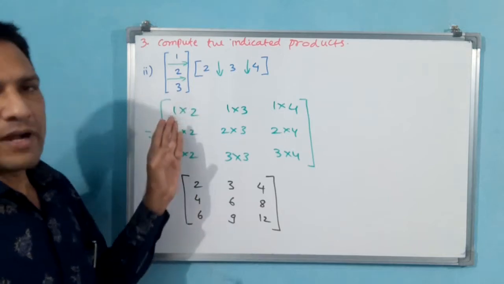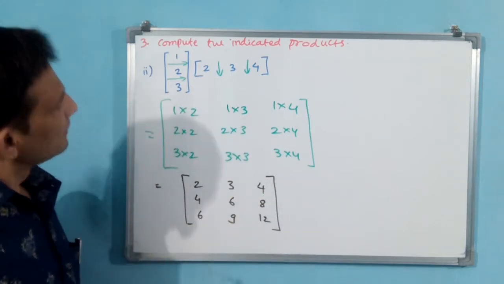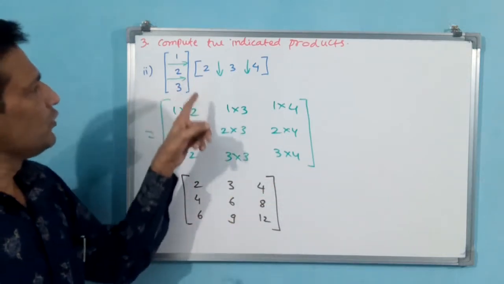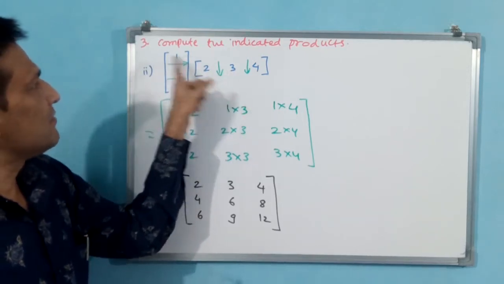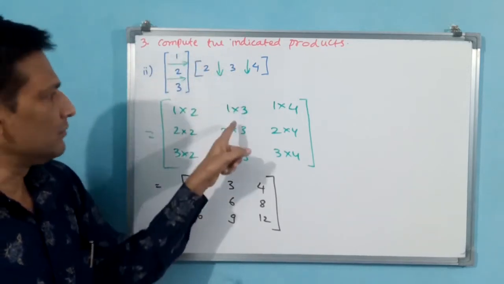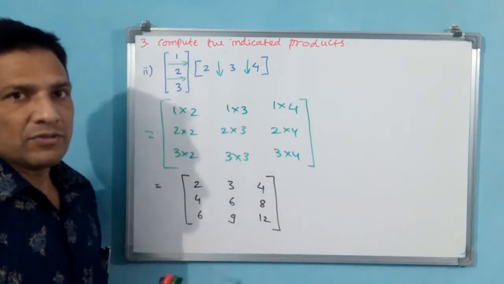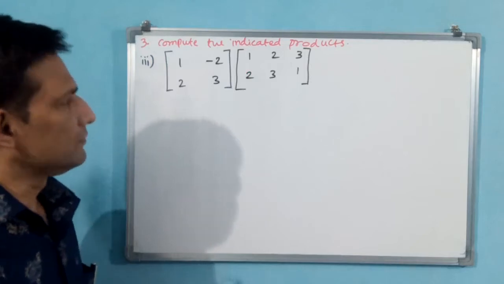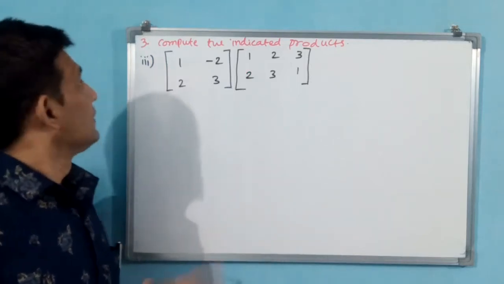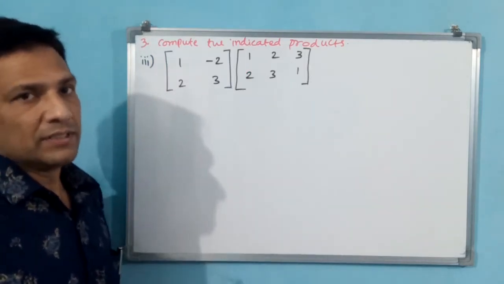Like this you have to perform the operation. Now we must be knowing what all there are. These arrows you keep: first row, first column means here only it has to come. When you are going for the second one, then you have to go for first row, second column. Like that you have to do. Shall we go for the third part? Let us see the third part of this third question.